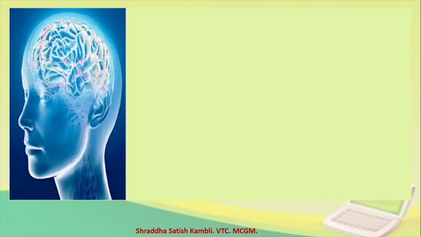Now children, let us try to understand how the computer can do so many things. So a computer has got memory. Now look at this. What can you see here on the screen? You can see a human brain on the screen. What is this? It is a human brain. Now, whatever we do, whatever we say, whatever we learn, whatever we read, everything is stored in our brain